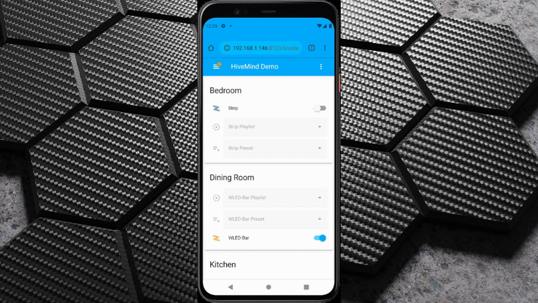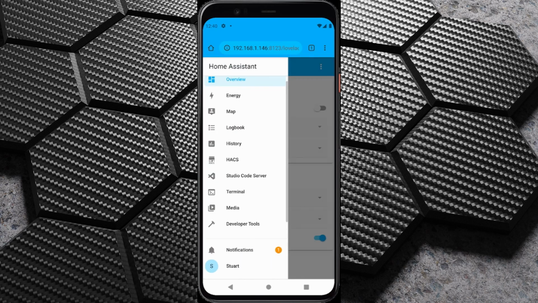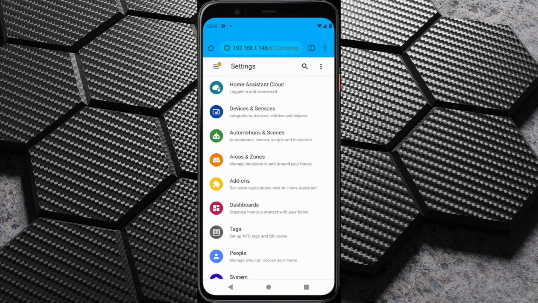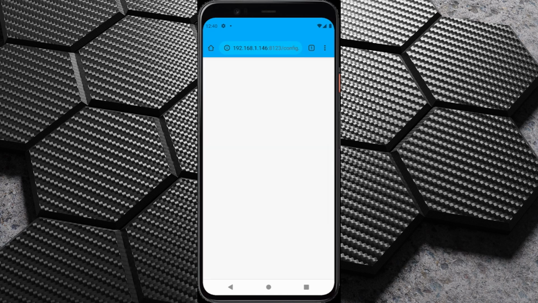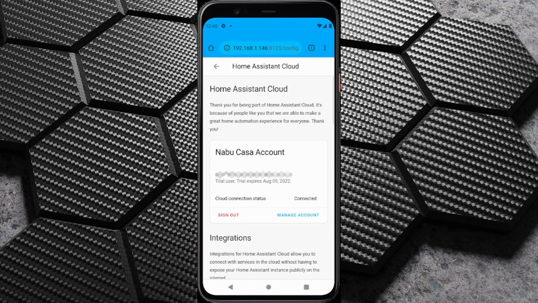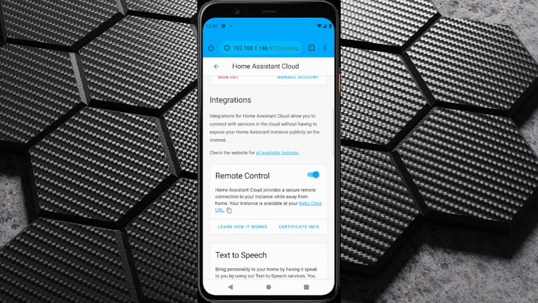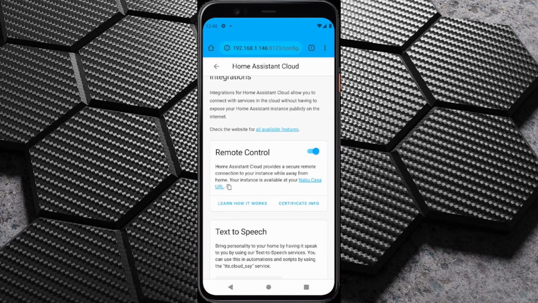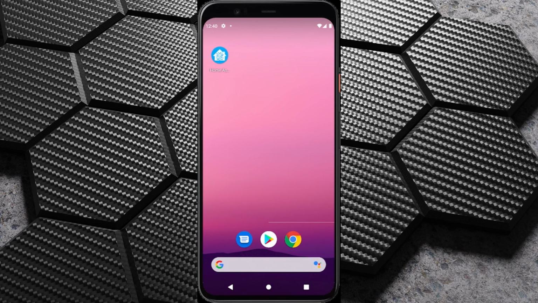Obviously, this isn't very useful because we're just using the local IP address. The other problem we're going to have, if we have set up remote access using Home Assistant Cloud, is we're not going to know that URL off the top of our head. So we can go into the menu here, scroll down to the bottom and go to Settings. I'm going to go to Home Assistant Cloud, and I'm going to scroll down to where we've got remote control here. I'm just going to copy this URL,